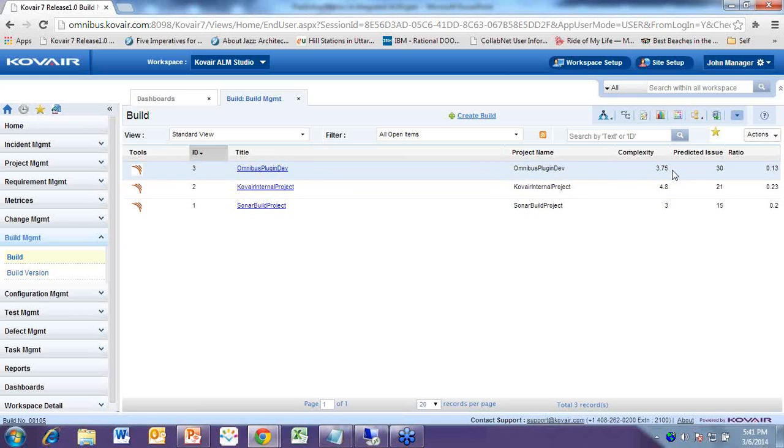Based on the models that we have used to derive this. So this is a real-time current number, the complexity based on how you're writing the code. This is showing up, and this is the prediction based on the models that it predicts so many defects will be produced. And you can see the ratio between the complexity and the predicted number of issues is also quite